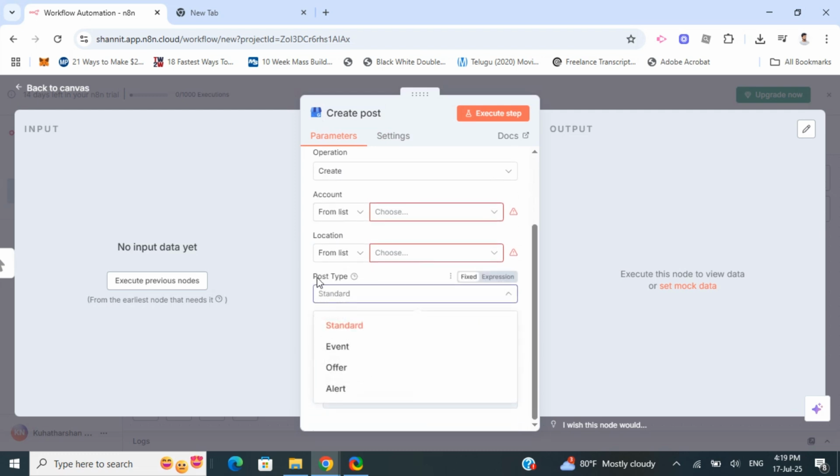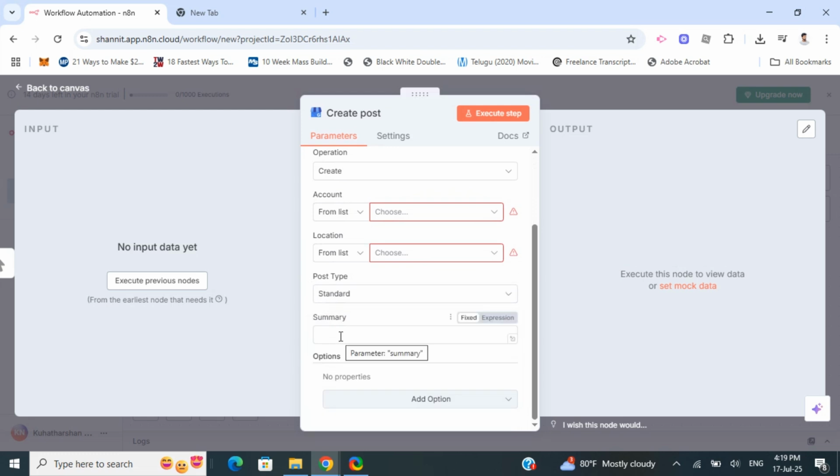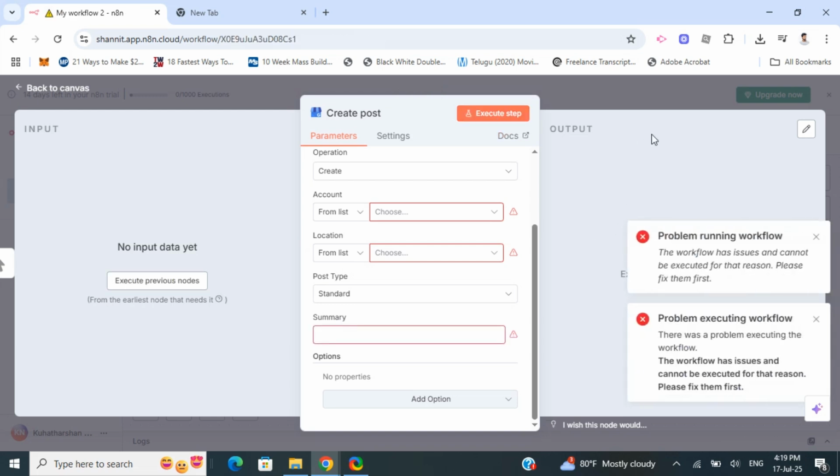And then the post type, you can leave it as standard, or you can choose any of these. I'll just leave it as standard. And then the summary of your post. Once you have added that, all you have to do is click on execute step. So once you're done,